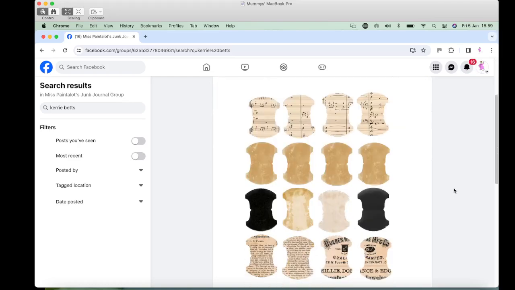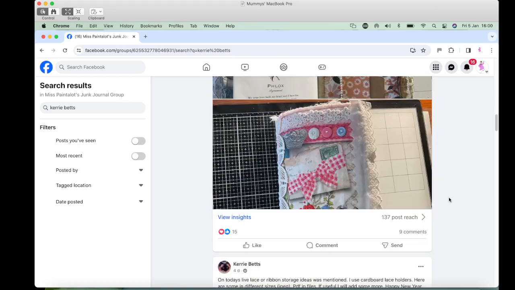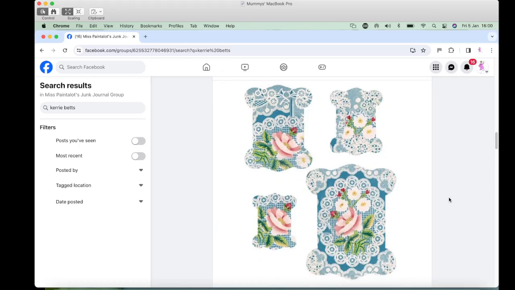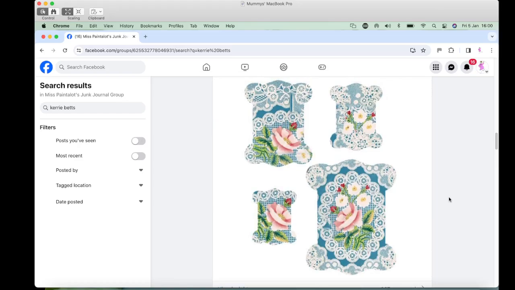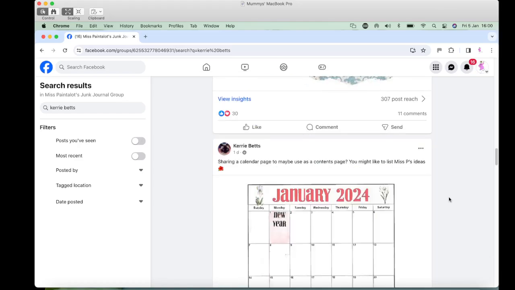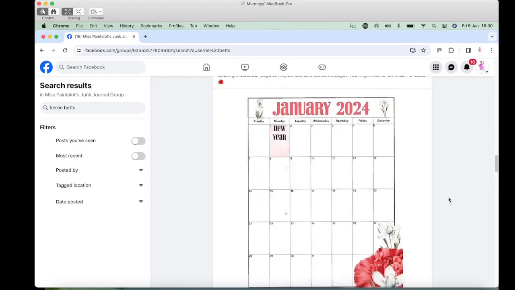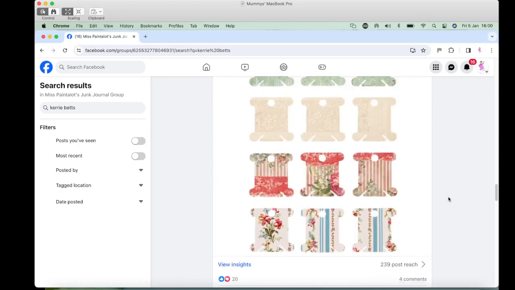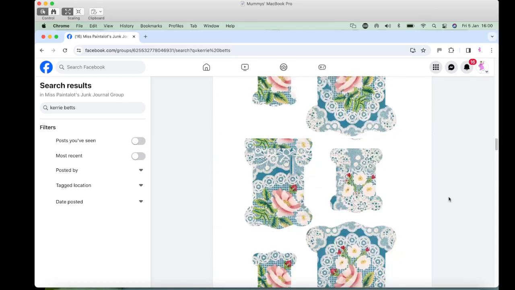She's made some whale tail tags for us, and if we scroll down, there's a little January calendar that she made for us, and there's some more tags with the holes in. So if we go to the top one,